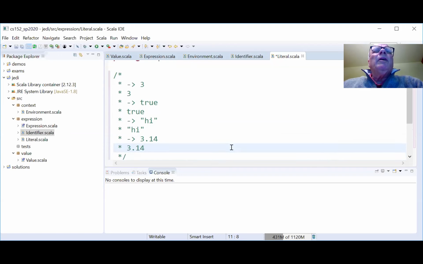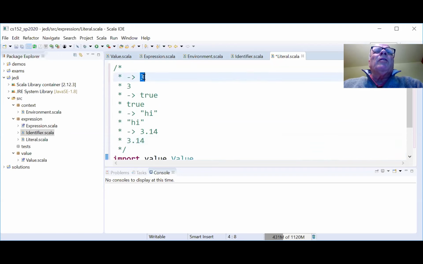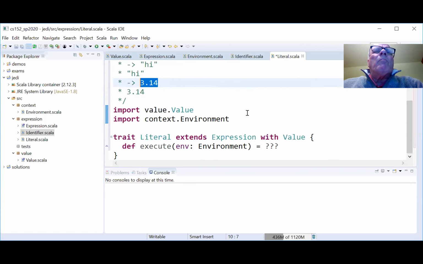In other words, if it's a literal, so integer is a literal, Boolean is a literal, chars is a literal, and real is a literal, it just spits it right back at me. So given that, what should the return value of a literal be?